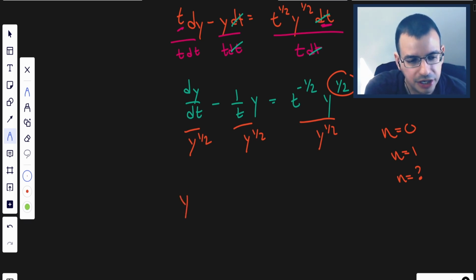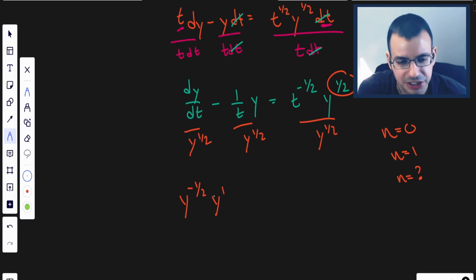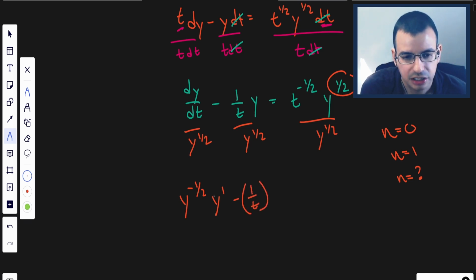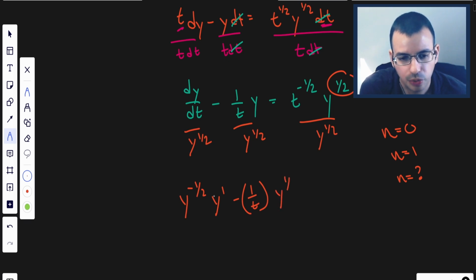So we have y to the negative 1/2. Now I'm going to change my notation to y prime. Same thing. I know I shouldn't change notation halfway. It's just part of life. Minus 1 over t, y divided by y to the 1/2 becomes y to the 1/2, equals t to the negative 1/2,